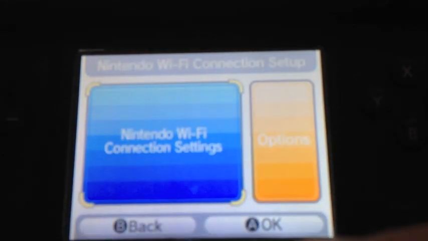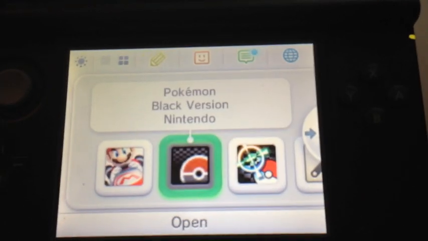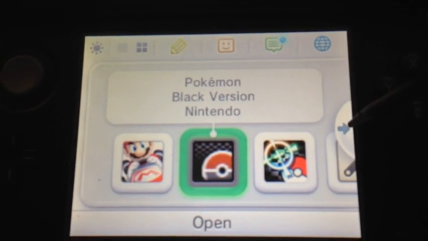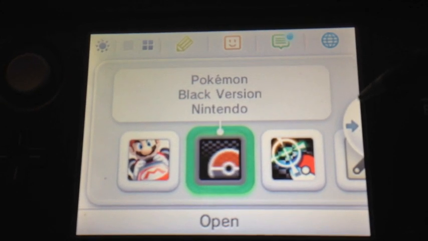Alright, and then back out, and then you can start up the game. And now let's move over to the 3DS XL. This one, a little bit easier to do, in my opinion, just because if you switch back and